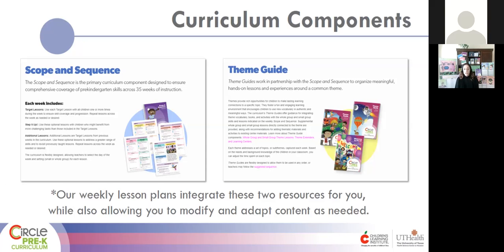A new unique feature of our curriculum is the ability to use our theme guides in any order. And the reason that you're able to do that is because our theme guide is separate from our scope and sequence. So for example, there might be a topic that you or the children in your classroom are really, really passionate about, but it's not represented in one of our 10 themes. We think you're going to love our themes, but let's say that happened. Well, you would be able to choose to substitute a theme of your own for one of ours. And having the scope and sequence separate from the theme guide allows you the flexibility to be able to do that. But our curriculum still, even with that flexibility, also gives you the framework and structure that's really important for